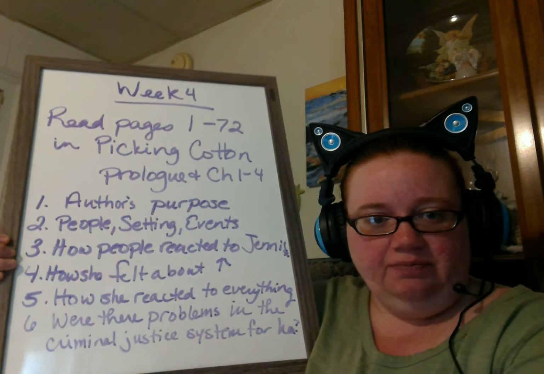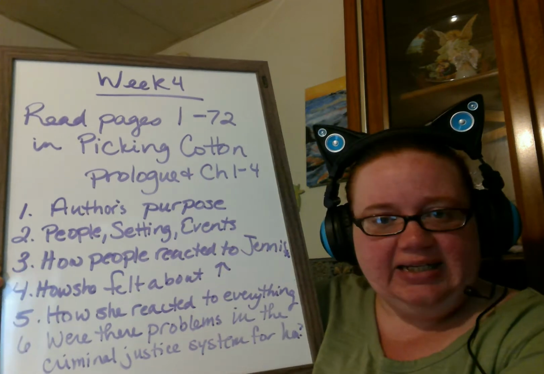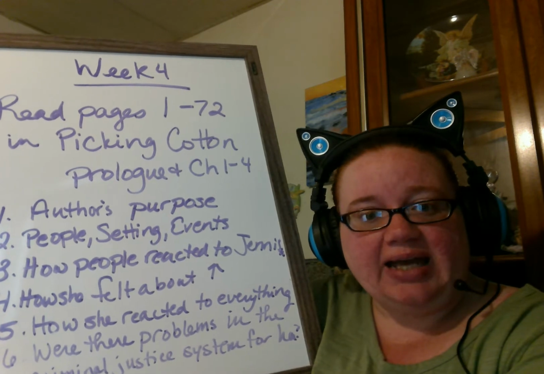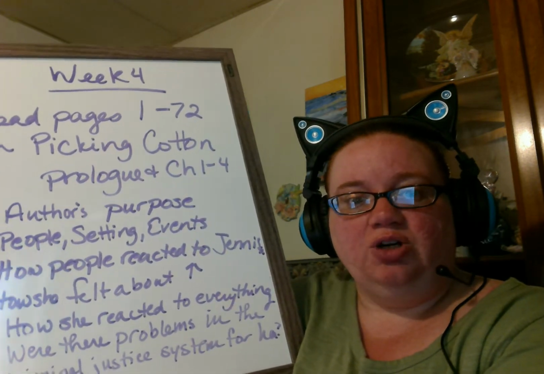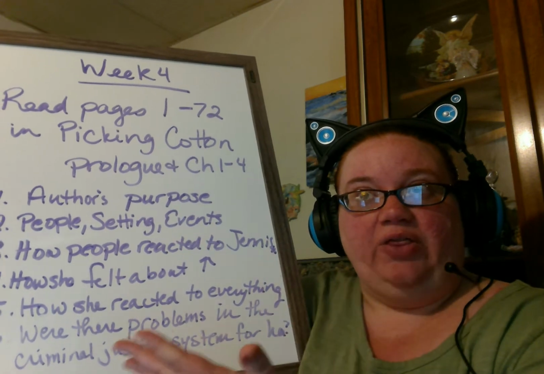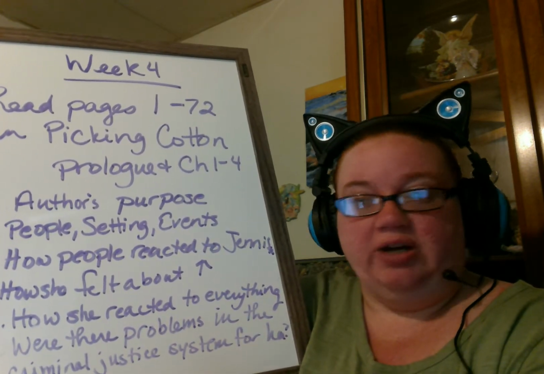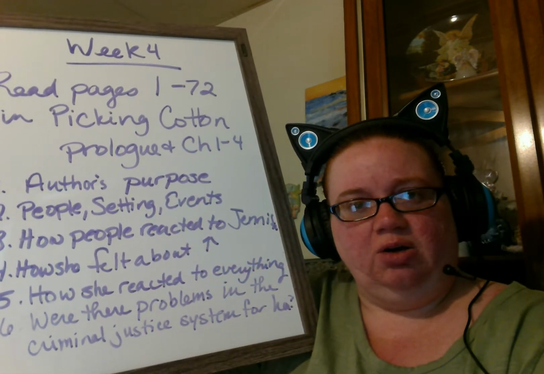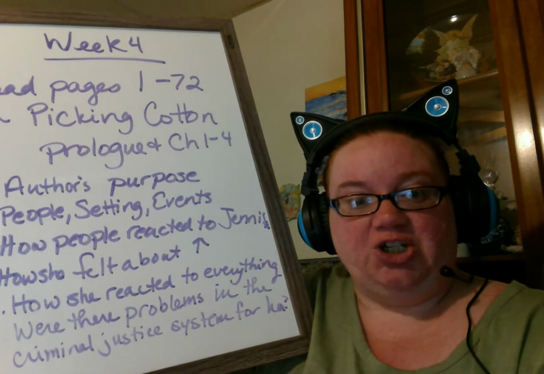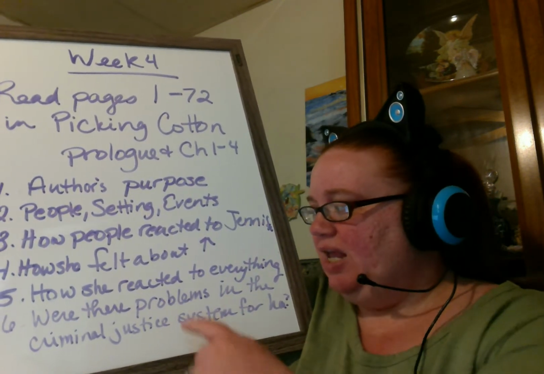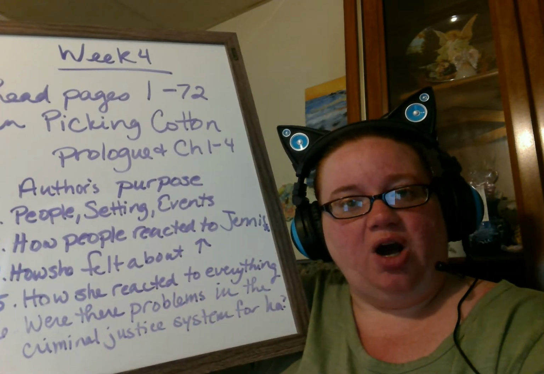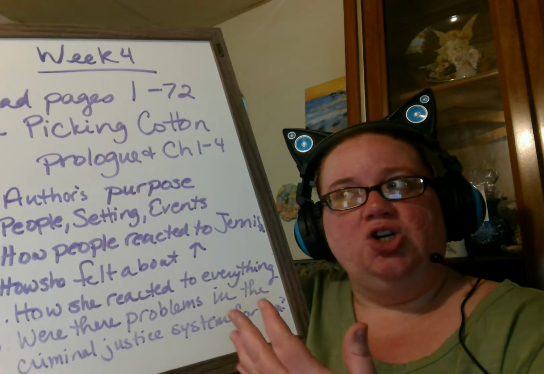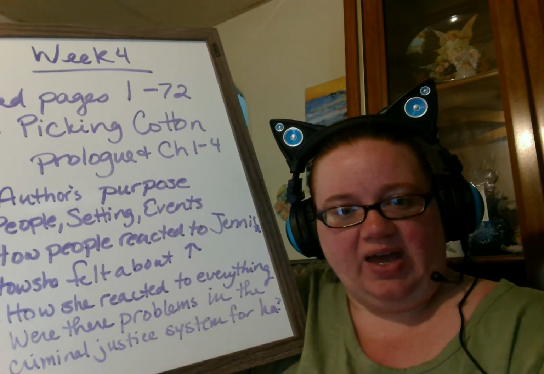And then as you're reading, ask yourself, how are people reacting to Jennifer? How are her friends and family reacting to her? How are the police reacting to her? The DA, the prosecutor in this case, how is everybody acting with her? Even the defense attorney and the judge at the end. And then how does she feel about how people are treating her? What's her reaction to their reaction to her in the news of what happened to her? And how does she just react to everything during this process? Because the rape happens, but then there's a long time before he is sentenced. So how do you deal with all of that as a victim?